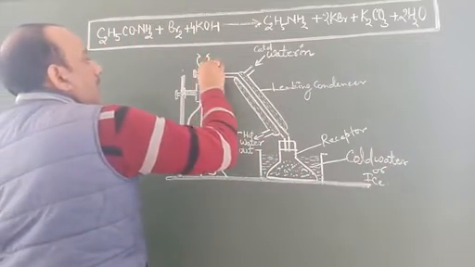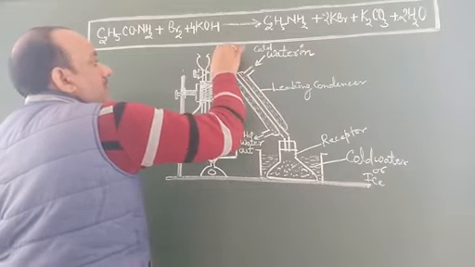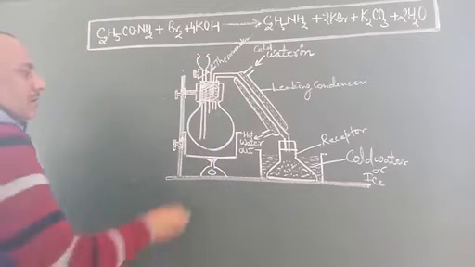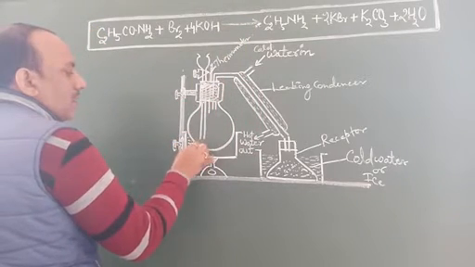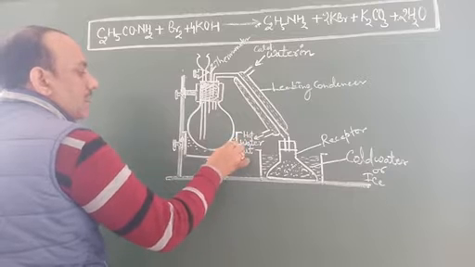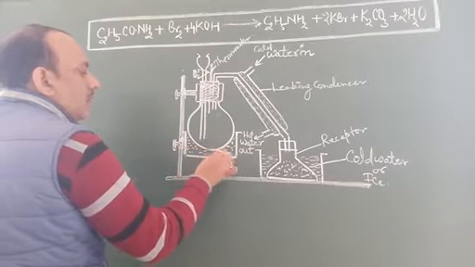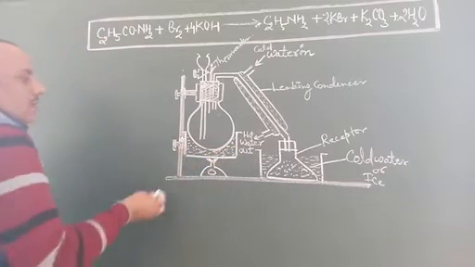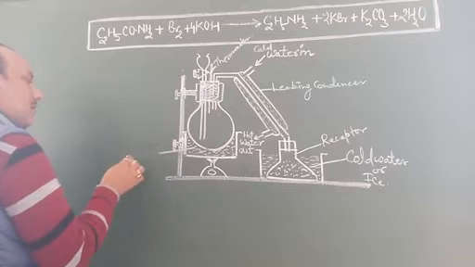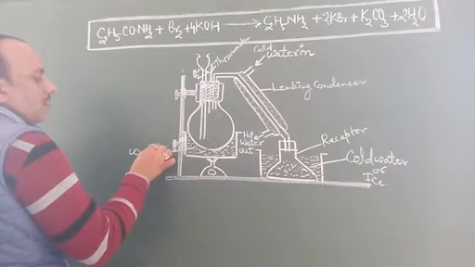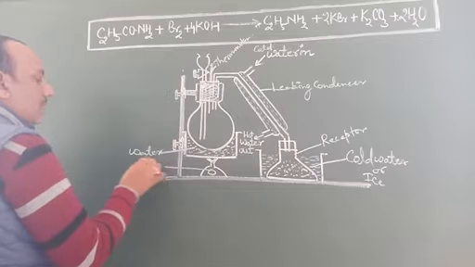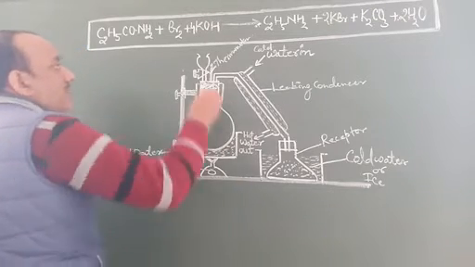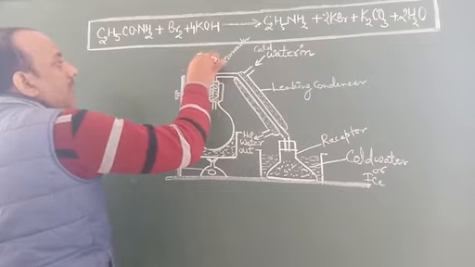And this is known as the thermometer. Here we use a water heater to provide us energy. This is a burner for heating of the flask. With the help of the thistle funnel,